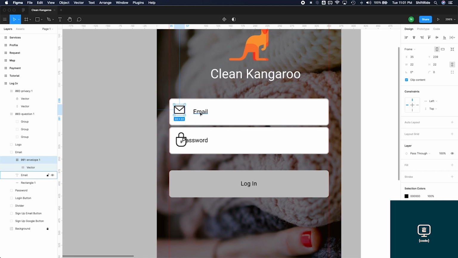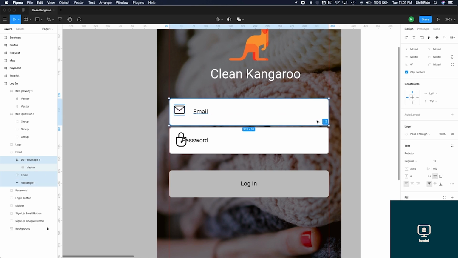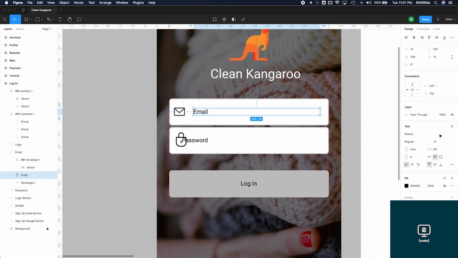And so now I can actually go ahead and hold shift and select that together, and even the email background or the email text field, and then use the vertical align centers, and that will just go ahead and center everything for me. I'm going to change the text here to 14